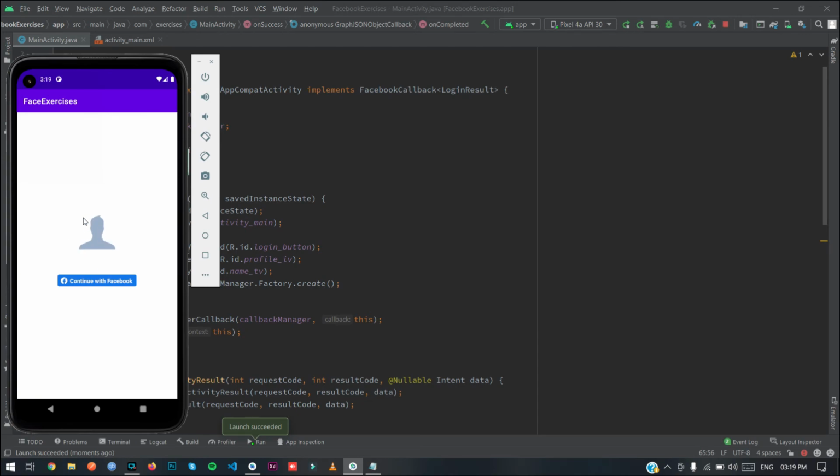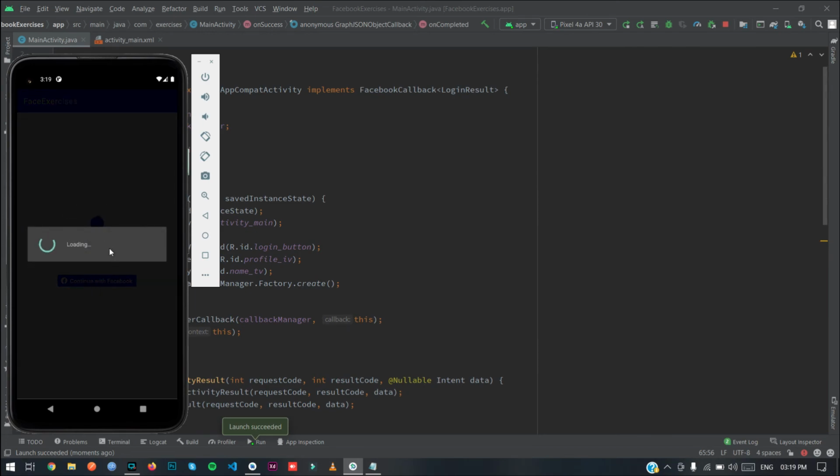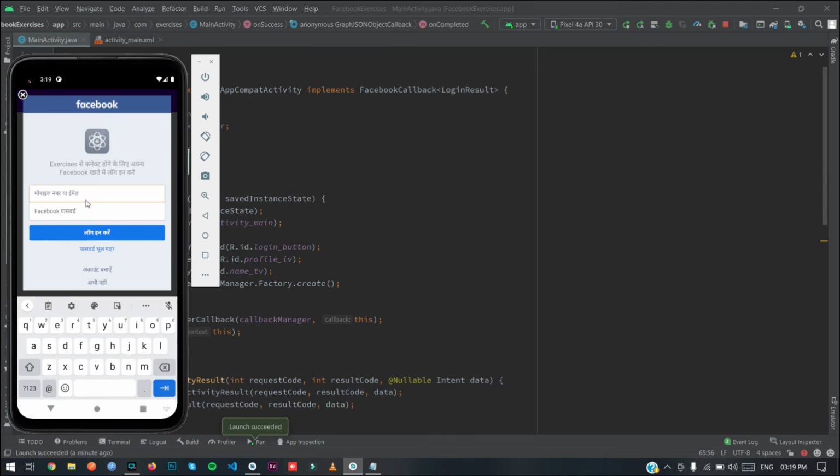Okay, as you can see that our profile picture is here, and under this, username. So click on continue with Facebook for login. And if you have the Facebook app on your mobile, you will get another kind of interface. We are getting this interface from web view directly. So just type your ID here,